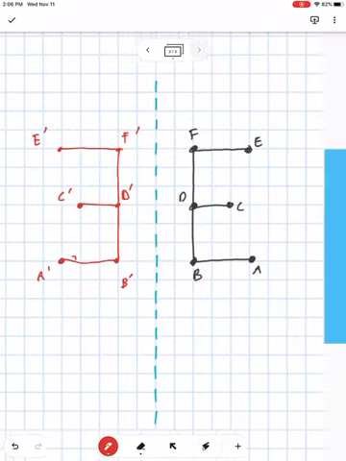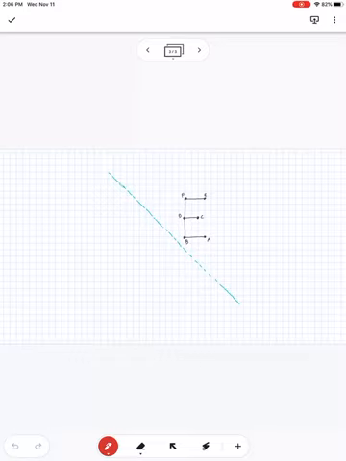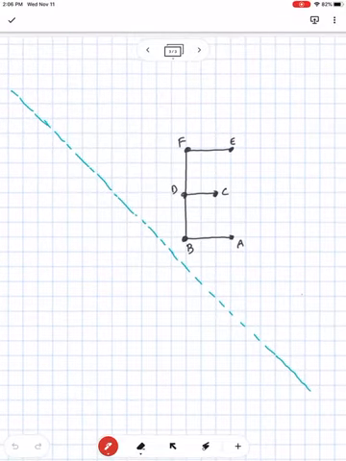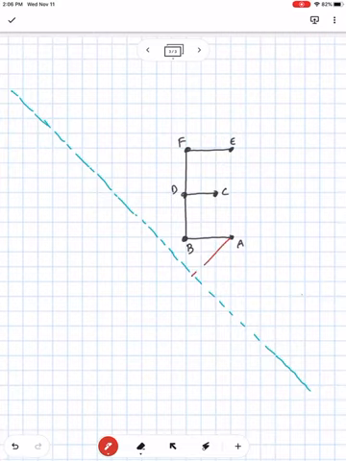And then the final example, if the mirror is sort of askew, this is probably the more complicated one, obviously. And so you could get complicated depending on what that angle of the mirror is compared to the object. But the simplest way is just to kind of look at diagonally how far you have to go. So I'm just going to look at A in detail. So how far is it from here to here? Well, that's